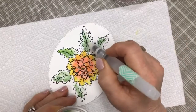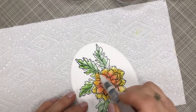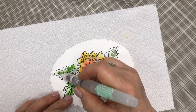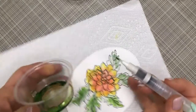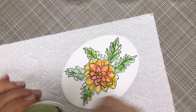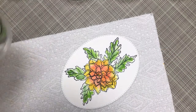So you can see that I'm getting a little bit of this and just kind of coming up in these little nooks and crannies that I didn't have any color before. So this is getting a little bit of yellow. So my leaves are becoming a little more of a two-tone type of look there. Okay. So I work my way around. Okay. Okay. Now I do have a